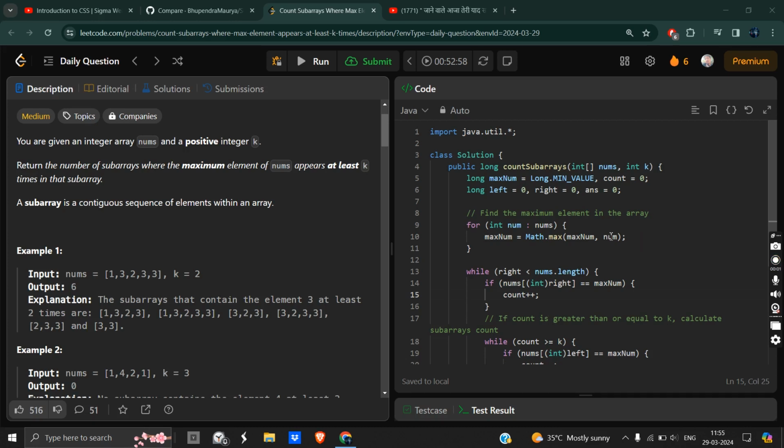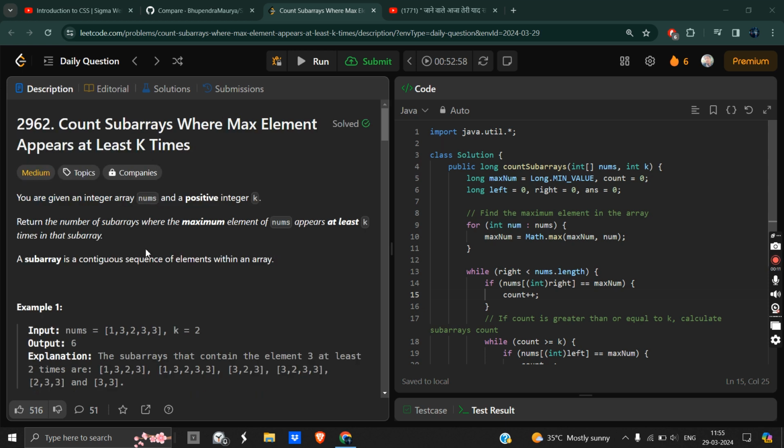Okay, so the brute force approach of this problem we have solved in the previous video. So now we will solve the optimized approach. Okay, so the optimized approach is using sliding window. As you can see here, it is asking for a subrange and giving a window, then we can think it is a sliding window problem. Okay, for two pointers.